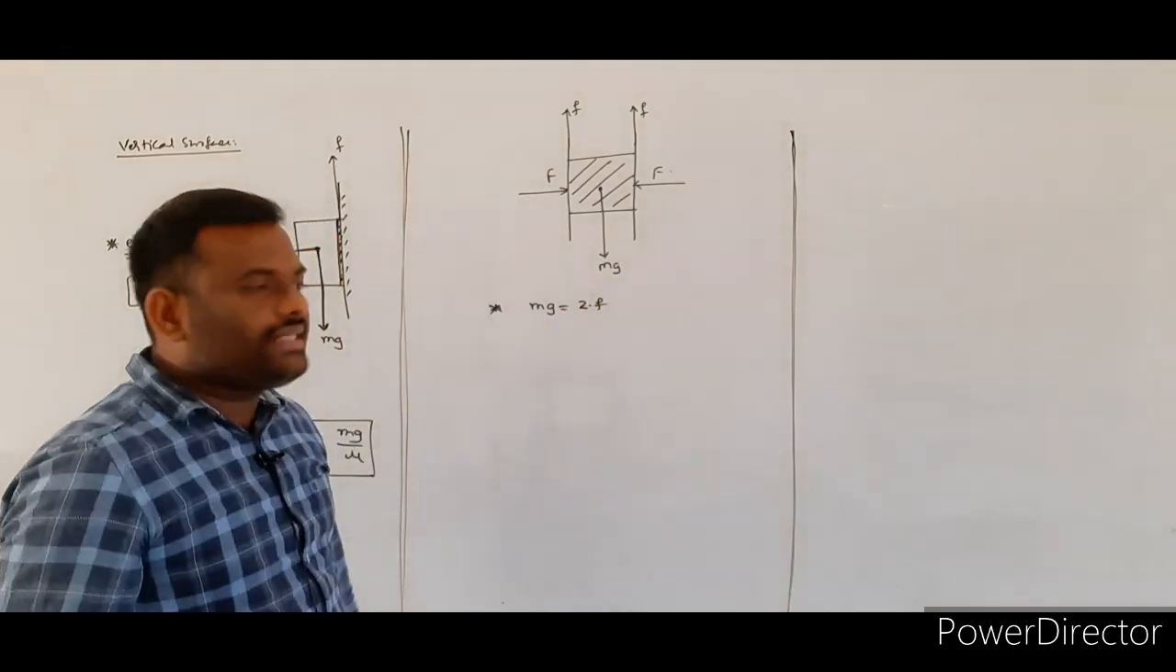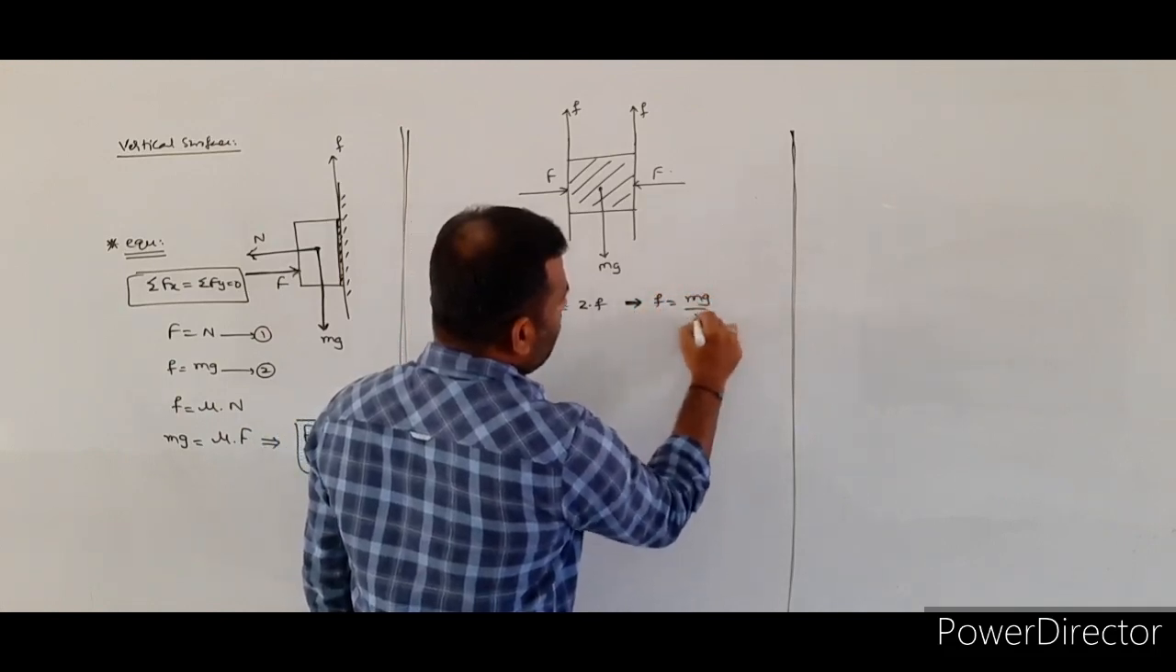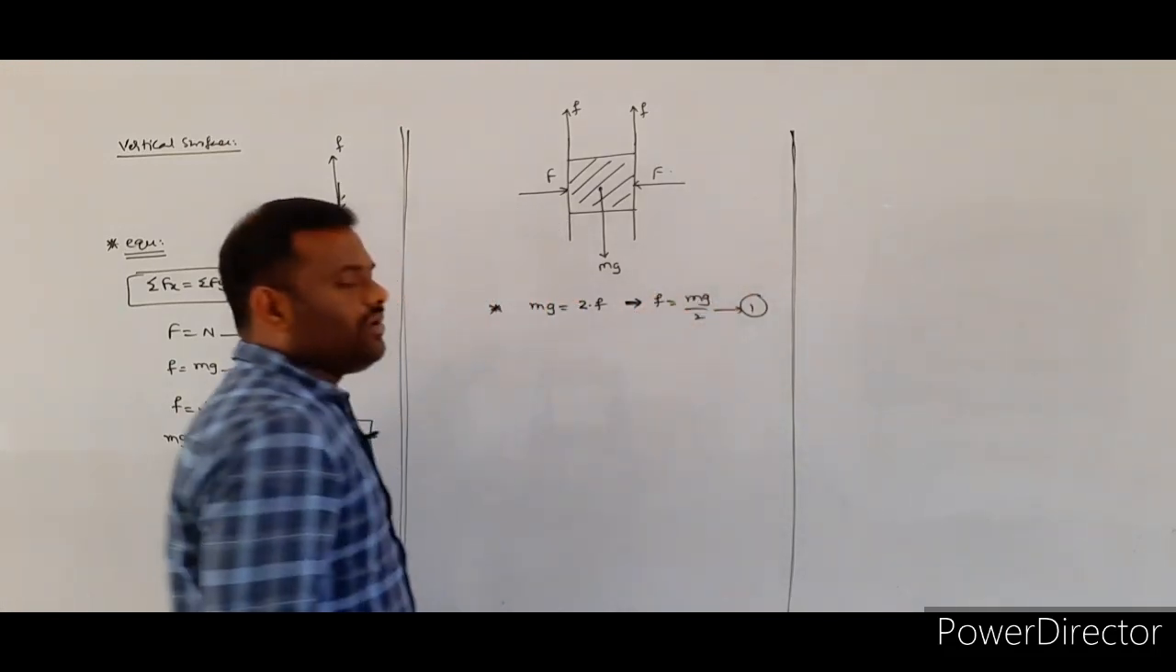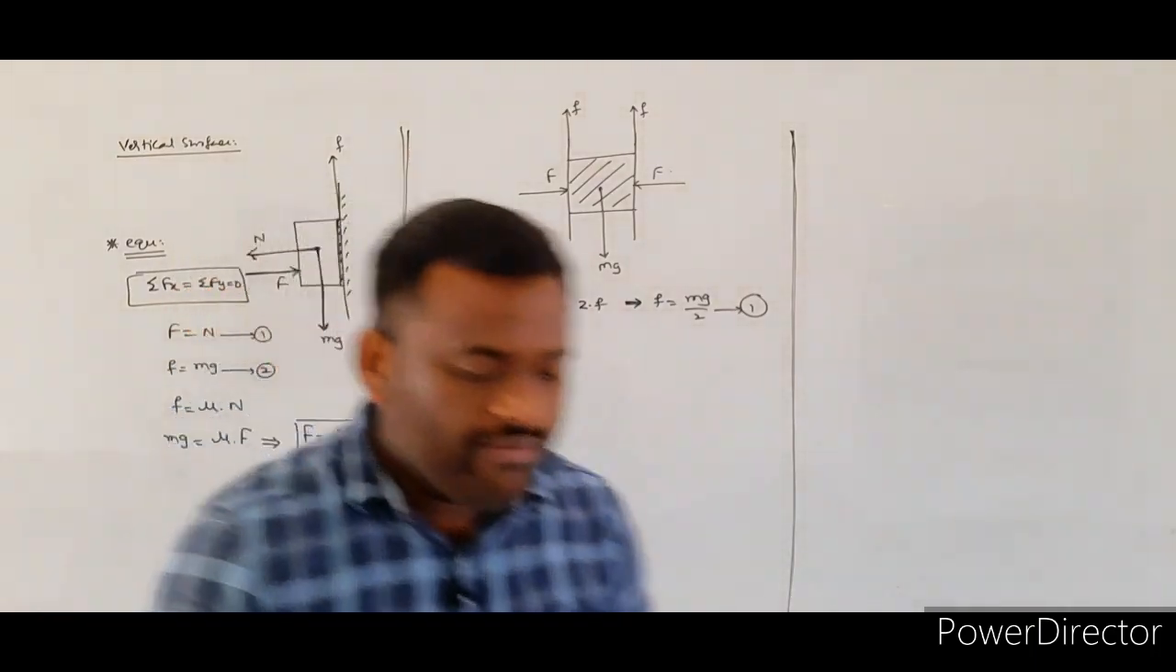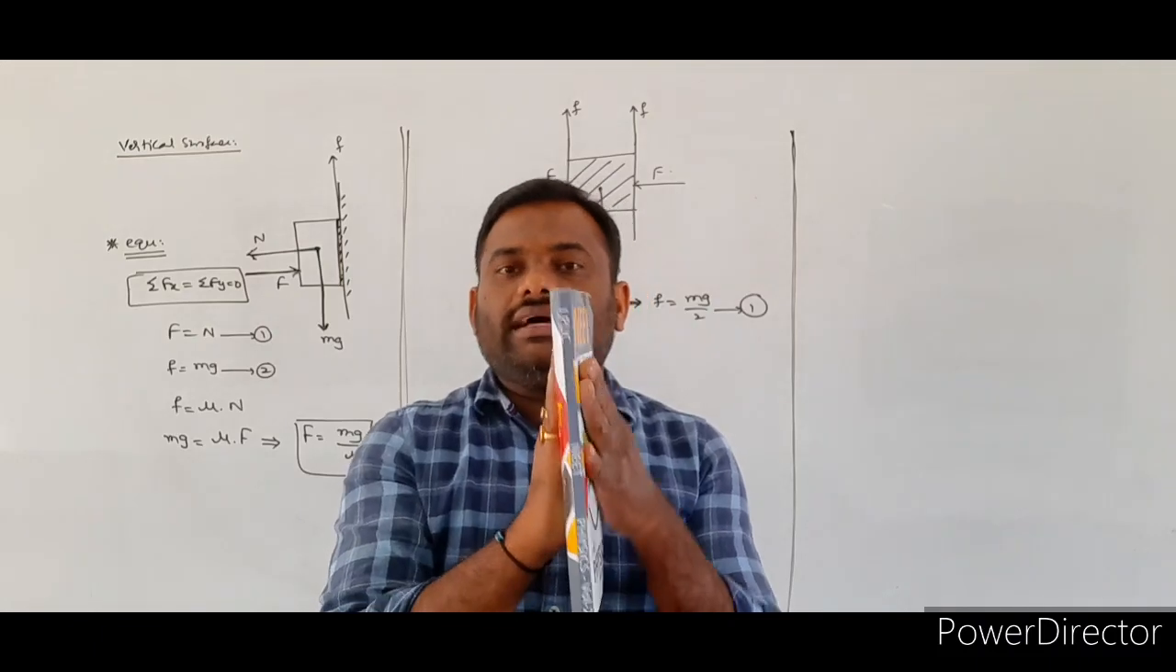Mg is equal to 2F. From this I will write the frictional force F is equal to mg by 2. Next, whenever we are applying the force with the help of the hands, the force which is applied